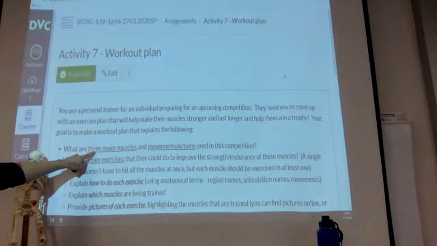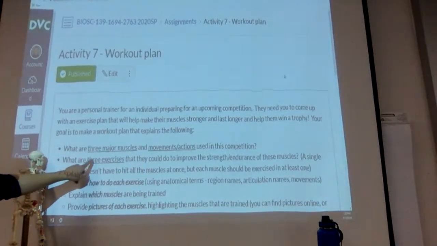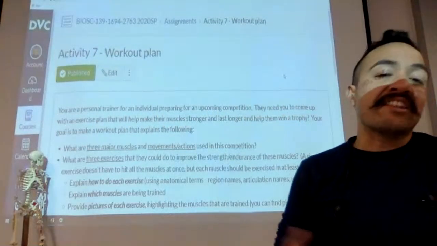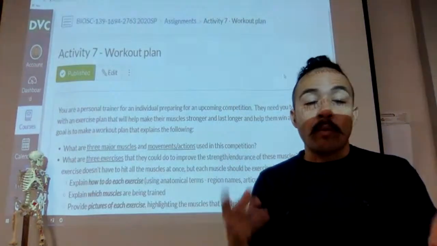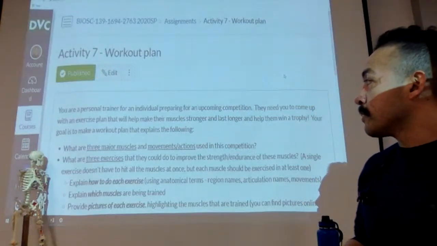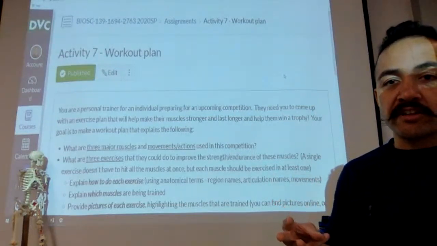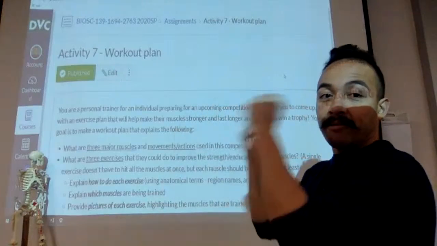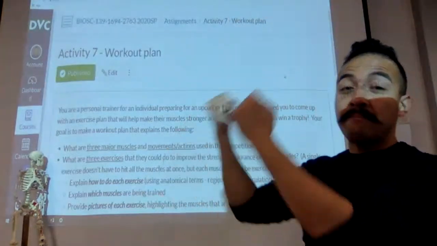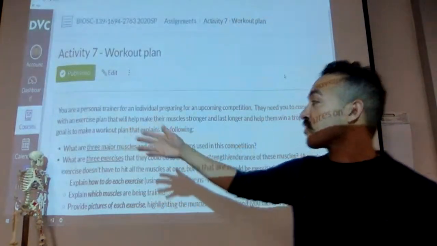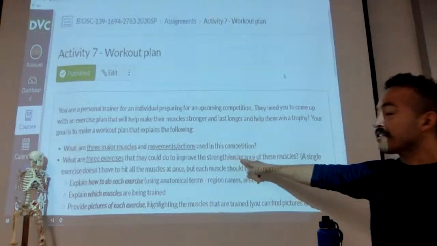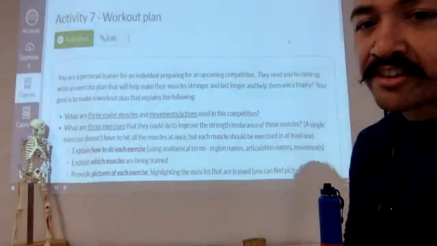So choose 3 major muscles. Choose at least 3 exercises that work those muscles. Often one exercise will get more than one muscle, so that's great. But try to choose 3 different exercises. So let's say I want to do curls and hammer curls and then pull-ups, but like chin-ups. Those are all the same motions, but they're 3 different exercises and they're going to be getting different muscles. So when you explain your 3 exercises,